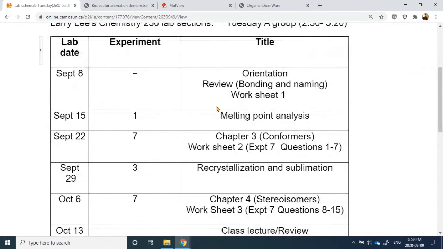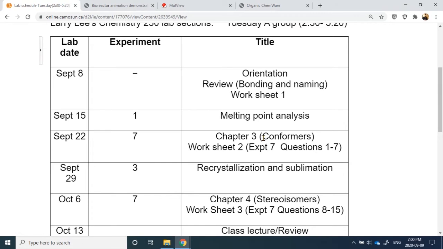The orientation, we're supposed to do worksheet 1, but we're not going to do worksheet 1. I'm probably going to push worksheet 1 to next week, and then maybe with the conformers, we're going to do worksheet 2, which basically is about stereochemistry in 3 dimensions and how molecules will go from one to the other